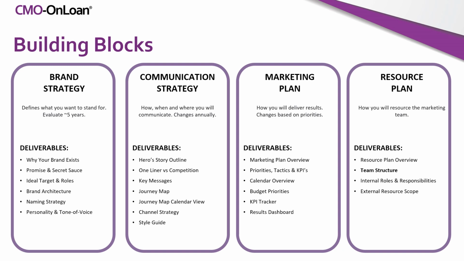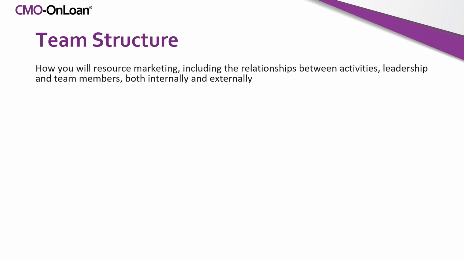The deliverables include the resource plan overview, and you'll be going back to this a lot for all of these deliverables. So I highly recommend you start there first and have that available. The second one is the team structure, and that's what we're talking about today. So what is team structure? We're defining it as how you will resource marketing, including the relationships between the activities, leadership, and team members, both